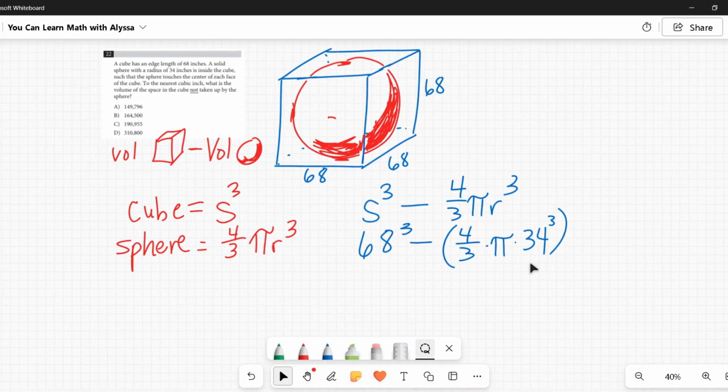68 cubed is going to be 314,432. And my 4/3 pi 34 cubed, I'm going to do the 34 cubed first. I'm just doing this the old-fashioned way. I'm not using parentheses or anything. I'm just doing them so I can write the numbers here for you. 34 cubed is 39,304. If you multiply that by 4/3, you're going to get 52,405.3 repeating. And then if we multiply that by pi, we get approximately